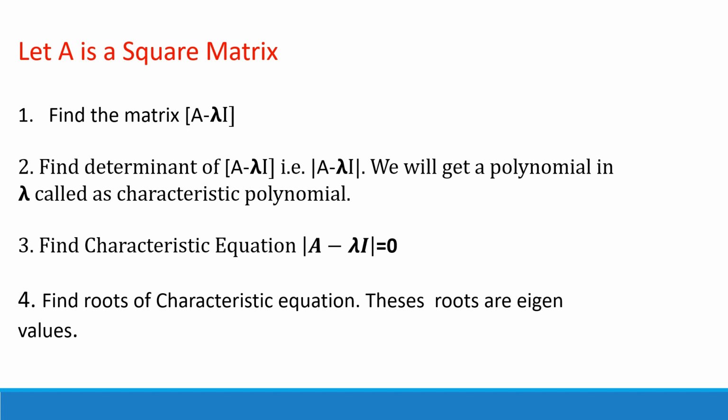Now out of these four steps, this step is the time consuming step, because if you solve the determinant of the A minus lambda I matrix by the usual expansion method, then it will take so much time as lambda is involved there. So I'll tell you how you can find this characteristic equation, or you may say the determinant of this thing, by using a short trick.